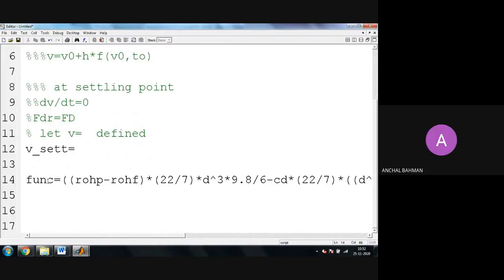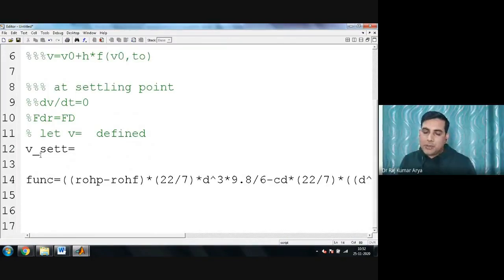Fine. Now I need a velocity to solve it, because this is a function of velocity. The time derivative is not on that side. I need a velocity here. So let's say I'm starting with some velocity. Let's say I am giving some velocity v1 equal to some velocity which I don't know. In this case I could ask you to calculate, let's say you take some initial velocity and get the settling velocity. That can also be done: you are dropping the particle at some initial velocity and now you are finding the settling velocity, right? That's what I asked you. Correct or not?